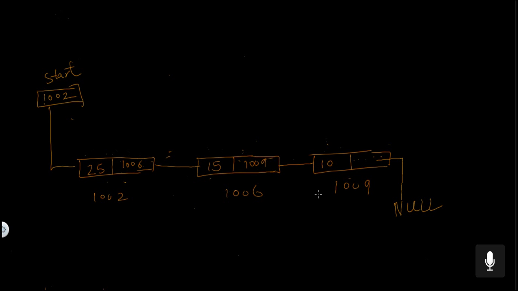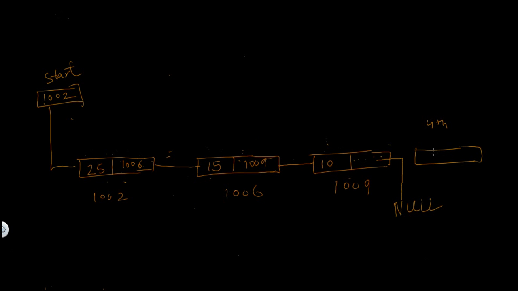Now the linked list doesn't allow random access, it allows sequential access, which means that if I want to access this node in the linked list, then first I have to visit the first node, then the second node, and then I'll reach this third node. If there was another node in this list, which is the fourth node, and I want to access the fourth